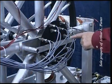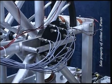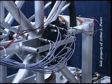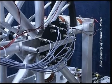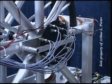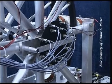Now what you're looking at right here is some proximity switches used in conjunction with a timing cam to act as a commutator. Now remember, this is a prototype. In the real application, one would use an encoder along with an electronic motor controller. Now I'm going to start the motor,